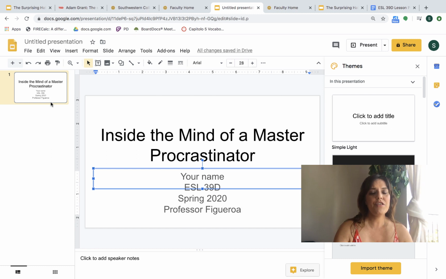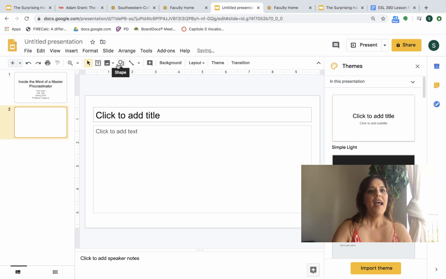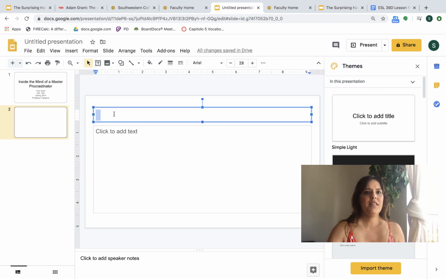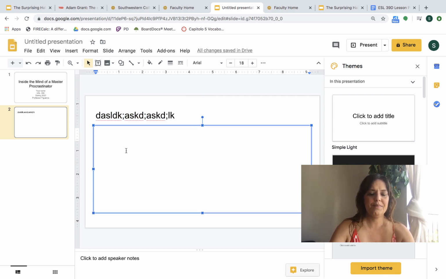And then in order to create other slides, you can do this a variety of ways. I usually just do slide, new slide, or duplicate slide if I want to. So I'll just put in a new slide. Okay, and then here I can click in some other information. I'm just going to put in some random letters, and I can also put information in here as well. So there's some things I want to show you. You can